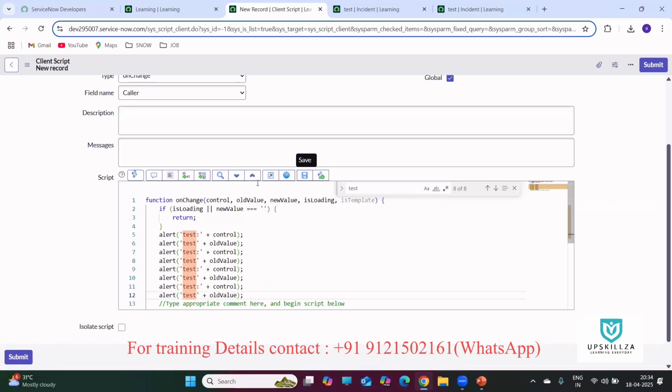So these are some options under the script line. This is help, so we will not use this one. This is to save your script. Either you can save from the context menu or submit, or you can use this save option. This is for checking syntax, the toggle syntax purpose we are using. Now we can check